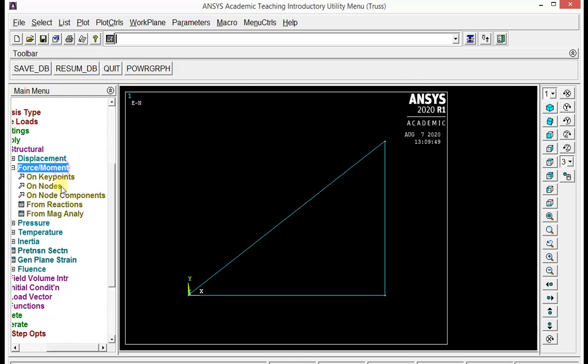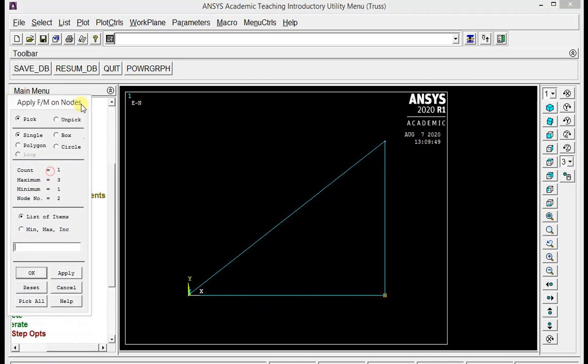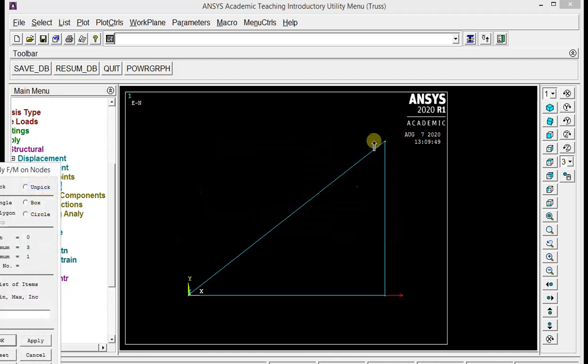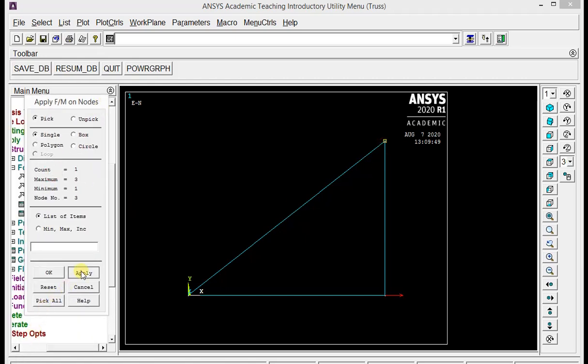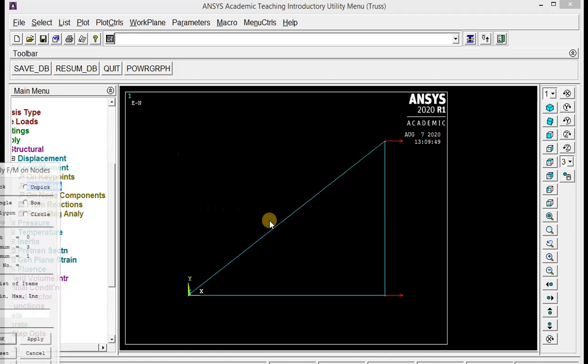So select force movement on nodes, select this node number 2, click on apply. Now the force in X direction, so select Fx and apply the force as 30,000 Newton. Then click on apply. Again pick this node number 3, click apply. In X direction the force is 20,000 Newton. So click on apply.